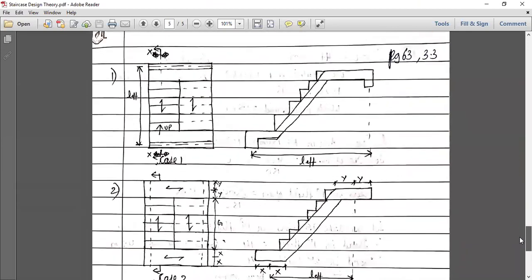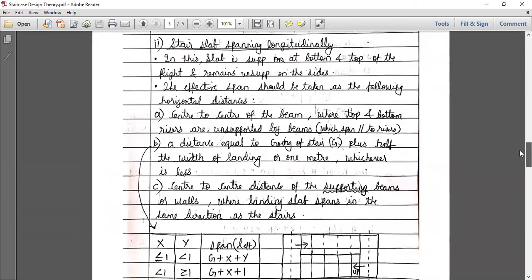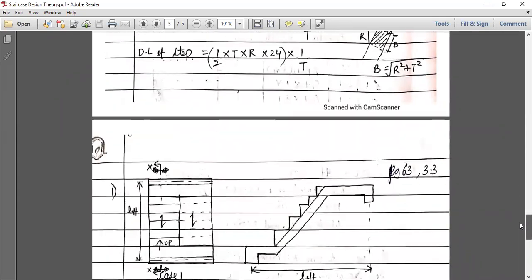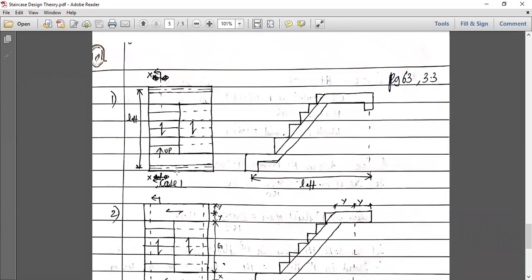सो नाउ लेट अस सी व्हाट द कंडीशन इज सेइंग। ठीक है, सो ये है फर्स्ट कंडीशन। ठीक है, फर्स्ट कंडीशन में क्या था, लेट अस सी, सेंटर टू सेंटर ऑफ द बीम where top and bottom beams are unsupported by the beams which spans parallel to the risers। ठीक है, सेंटर टू सेंटर ऑफ द बीम है, तो ये कंडीशन है। ठीक है, अगर मेरा बीम है इधर, स्टार्टिंग में और एंड में, तो एल इफेक्टिव में क्या कंसीडर करूंगा, सेंटर ऑफ दिस बीम टू द सेंटर ऑफ दिस बीम। ठीक है, एल इफेक्टिव, ये देखो इसका सेक्शन है ये। ठीक है, ये बीम है, इतना सा पोर्शन जो है ये लैंडिंग है, देन ये राइजर ट्रेड, अगेन दिस इज द लैंडिंग एंड अगेन दिस इज द बीम। आई होप द सेक्शन इज क्लियर टू एवरीवन। नाउ यू अंडरस्टैंड एल इफेक्टिव कितना लेना है। अगर सपोर्टिंग बीम है ऐसा केस, सो सिंपल है, सेंटर टू सेंटर ऑफ द सपोर्ट लेना है, नथिंग डिफिकल्ट।